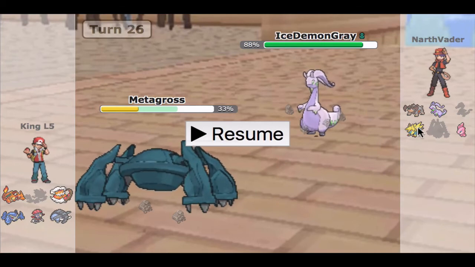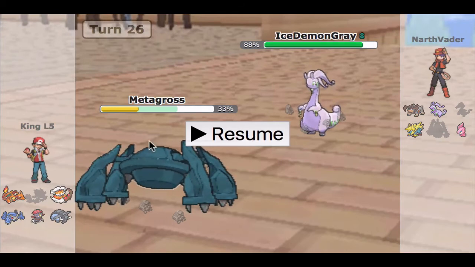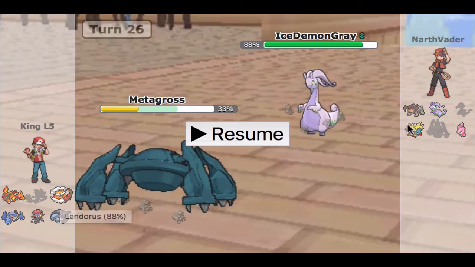So I did think he would go into Meganetric here to soak up the Bullet Punch potentially and be able to go for a Flamethrower, which, as you can see, would probably be able to net him a kill, because I'm never going to risk my Landorus versus a Meganetric, as well as everything else dies to Flamethrower plus coverage move. So I felt like that would be his play, so I'm going to go for a Meteor Mash